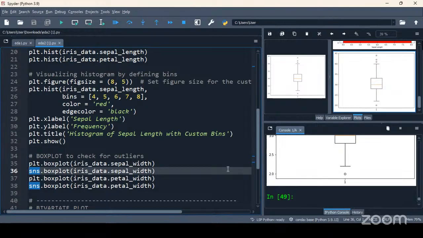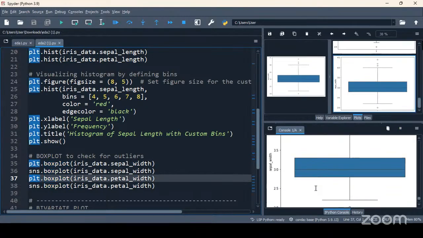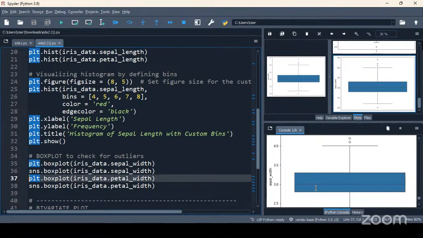Yes. The same box plot, let me try visualizing using Seaborn. sns.boxplot. See, this box plot is from matplotlib and the box plot that we have in line number 36 is from Seaborn. Yes. There are slight differences, right?